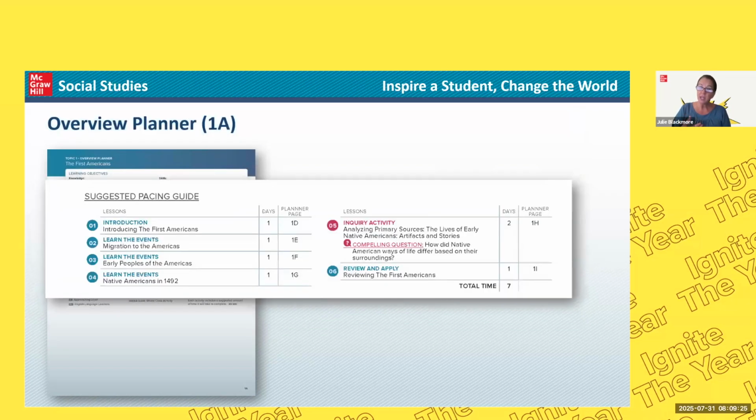And then there will be a suggested pacing guide. This is just a suggestion. A lot of us don't have the same amount of time as the other teacher down the hall or across the campus or in another building. So you'll see though that there's a suggestion of 1 day per almost all of the lessons